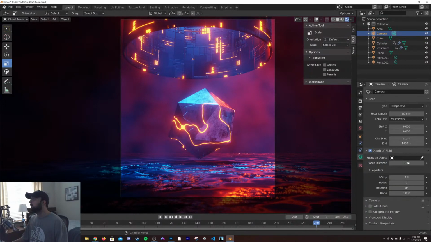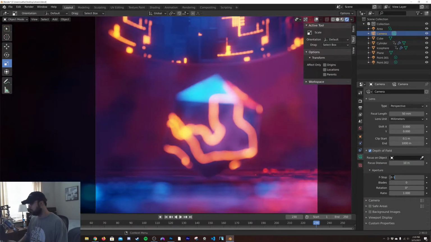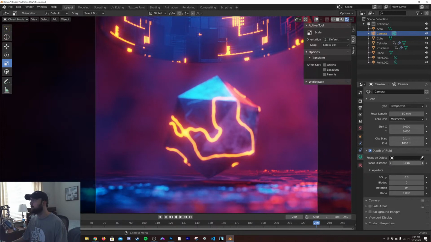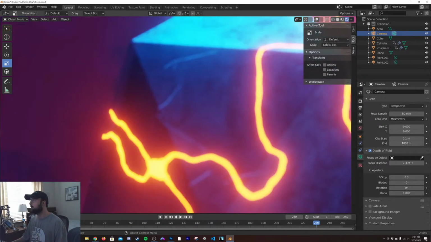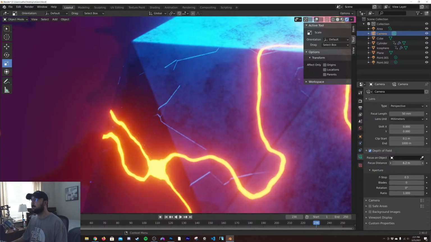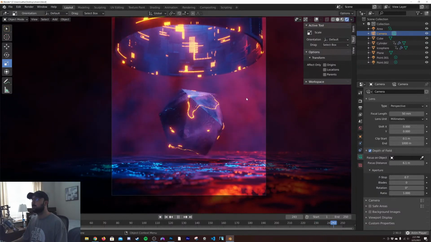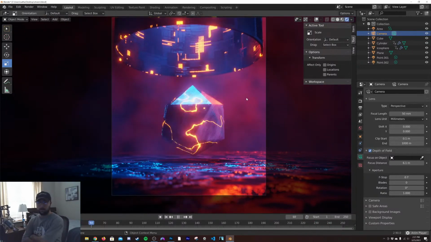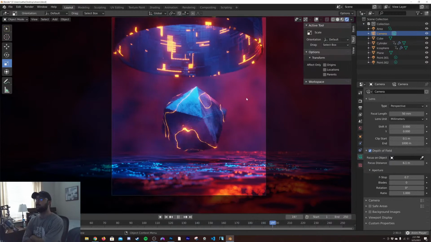Let's go ahead and add some depth of field. Depth of field, f-stop. Already looks awesome, but we'll put it at 0.3. And then we'll zoom it all the way in. Really hard on my viewport. And then we'll get it focused right here on the surface of our cube. Perfect. Oh, look how dope that is. Ooh, that's cool. Look how cool that looks.